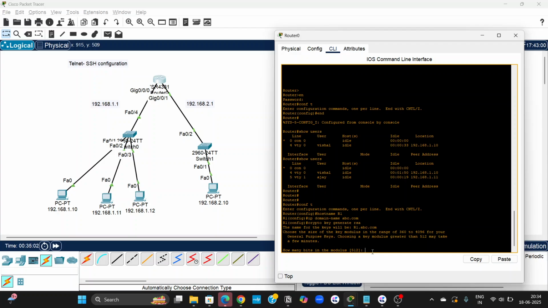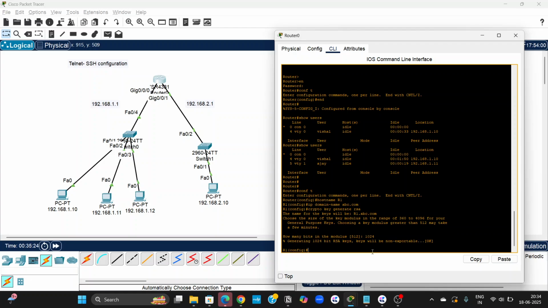We can set 1024, 2048 or 4096. You can set any key size. The bigger the key, the more strength of encryption, meaning the higher the number, the more secure the SSH connection. So I'm giving 1024 here for a more